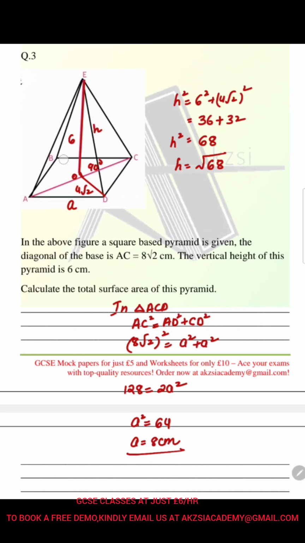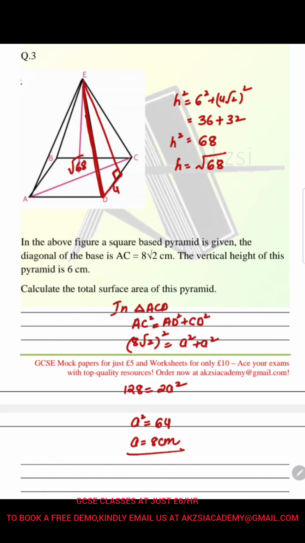Since I have calculated this part, let me just show it. This one, I have calculated this one. Then to calculate this is again a right angle triangle. So this is still the hypotenuse of it. So if this hypotenuse is root 68 and a we have calculated as 8, so this is going to be